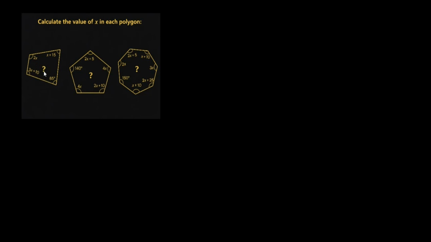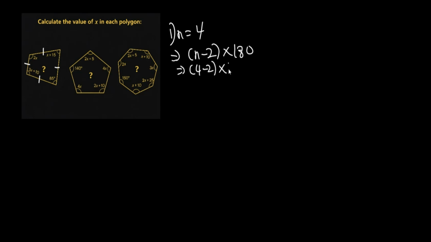Before you solve, you need to know the number of sides of the polygon. For the first one, I have 1, 2, 3, 4. So the number of sides, which is n, is equal to 4. As you know, the formula for the sum of the interior angles of a polygon is n minus 2 times 180. So let's replace the n with 4: 4 minus 2 times 180, which is 2 times 180,